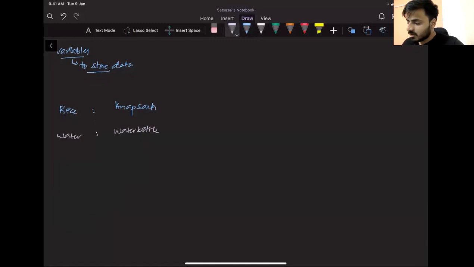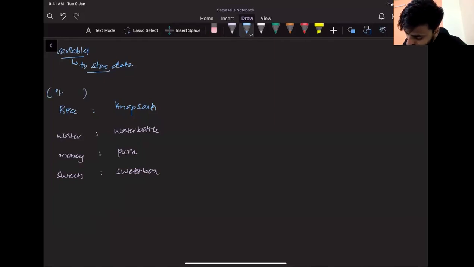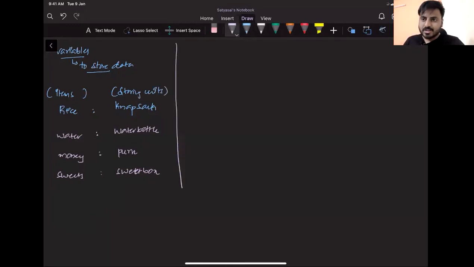Say this time you want to store money. You can use a purse. If it is sweets, you will use a sweet box. Now, what is this saying? This is saying that for different types of items you want to store, you are using different kinds of storage units. In a similar way, for different kinds of data, you'll have to use different types of variables.